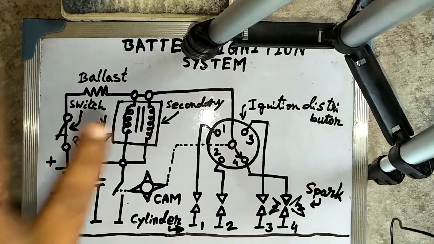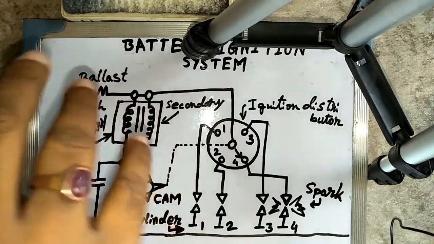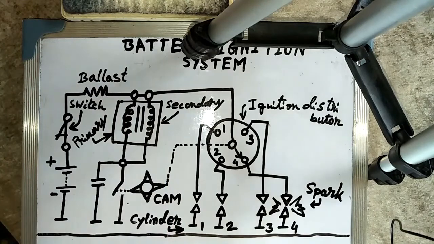As you can see, this is a block diagram of battery ignition system. Most modern spark ignition engines use the battery ignition system. In this system, the energy required for producing the spark is obtained from a 6 or 12 volt battery. The construction of a battery ignition system is extremely varied. It depends on the various types of ignition energy stored as well as on the ignition performance which is required by